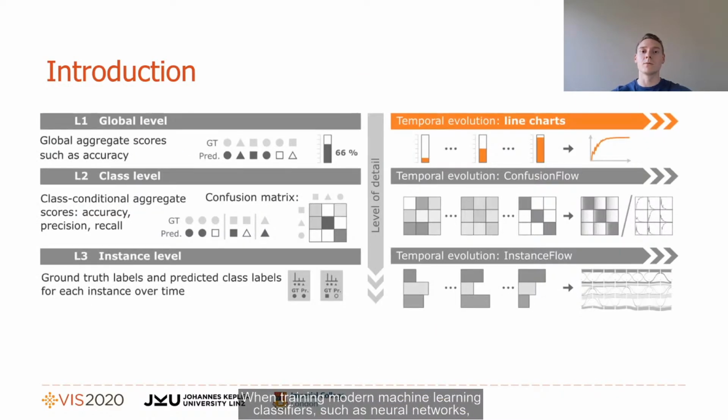When training modern machine learning classifiers, such as neural networks, we often rely on the progressive improvement of specific metrics, for example, classification accuracy, recall, or precision. The most common way of visualizing this progression on a global level is simple line charts. But for specific tasks, such as multi-class classification, these are prone to hide important factors such as inner-class confusion and